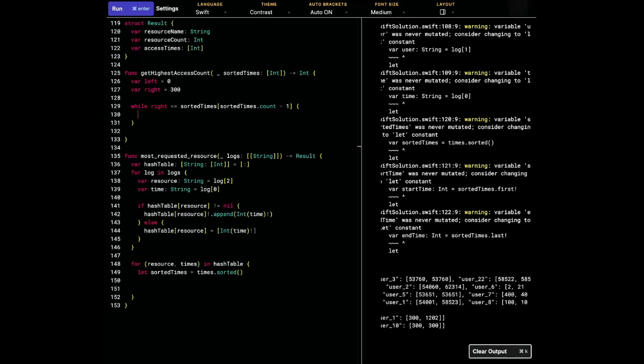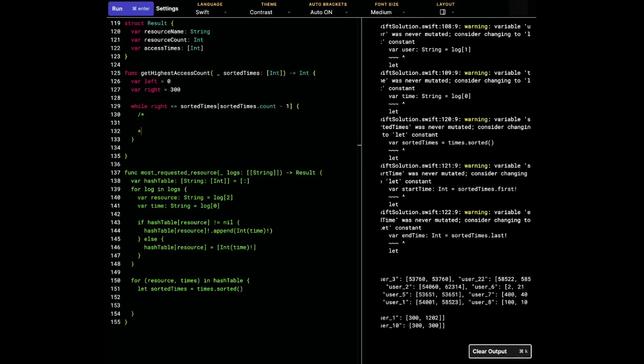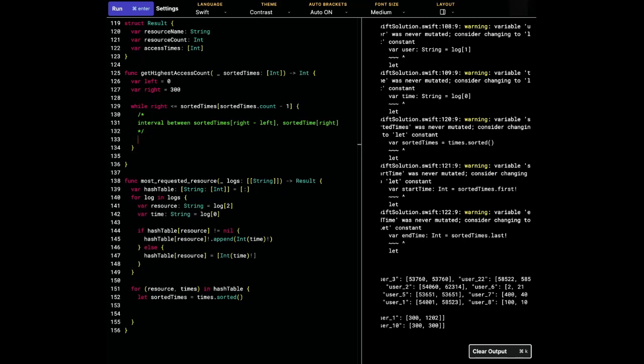And what we're going to say is, if sorted times at our interval is between sorted times right and sorted times minus left. So if, and then I need to be able to check the current time. So if the